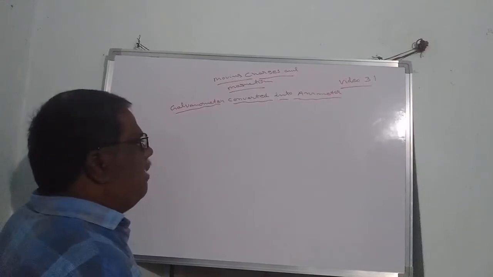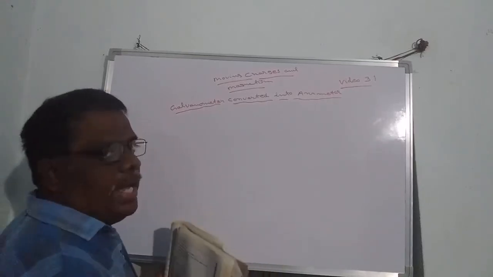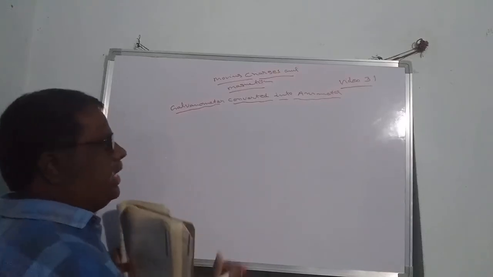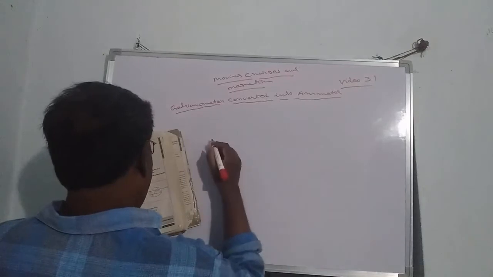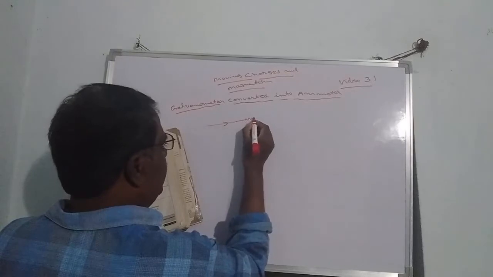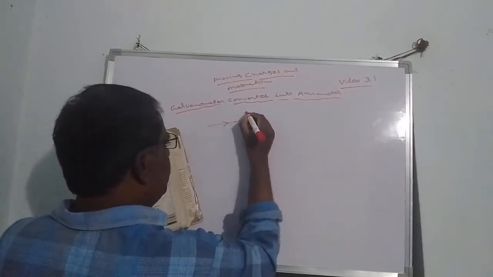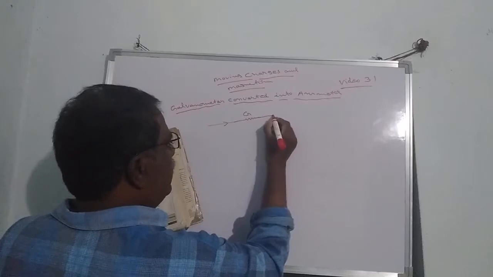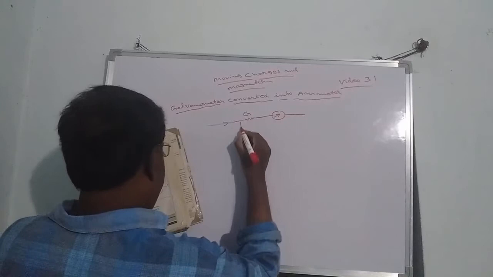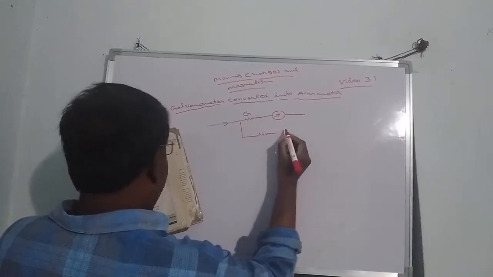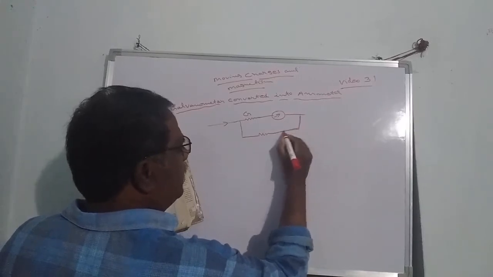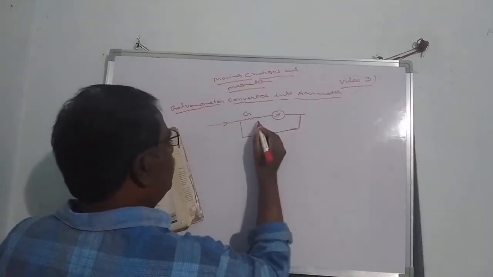To convert a galvanometer into an ammeter, we have to connect a small resistance in parallel to it. It is called shunt resistance. So what is the circuit diagram for this shunt resistor? It will be like this. The galvanometer resistance is denoted with G. Next it will be a galvanometer. Next, here a small resistance in parallel to this galvanometer, that is called a shunt resistance or parallel resistor.